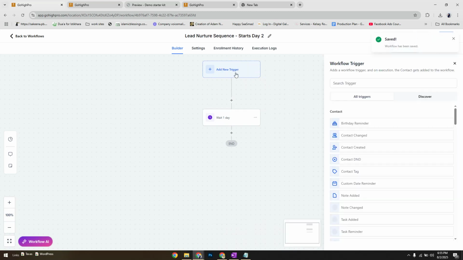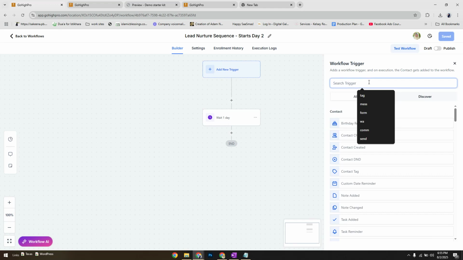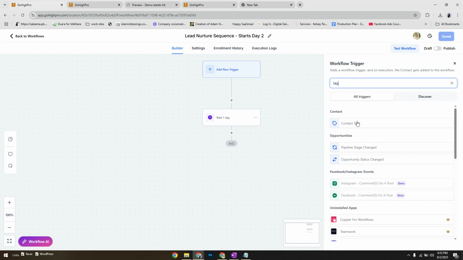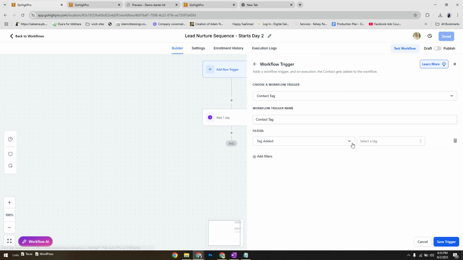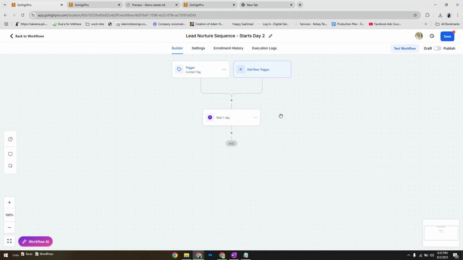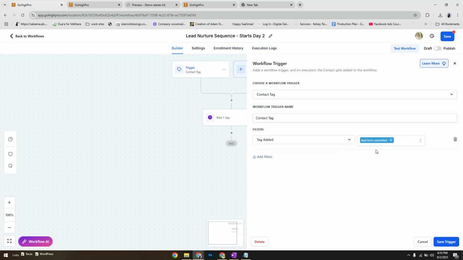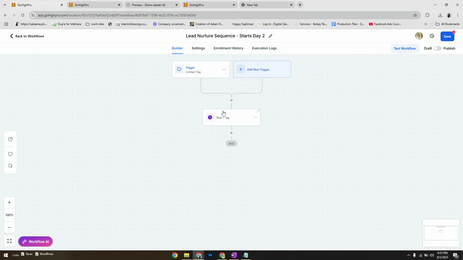And here add a new trigger. We are going to use tag as trigger. I'm going to tell why. Because in our lead confirmation sequence, or the automation, we added a tag. So all the new leads are going to have this tag and they're going to be automatically added to this sequence once they have this tag. So the tag was lead form submitted. Now this automation will trigger as soon as they get this tag, and then they will wait for a